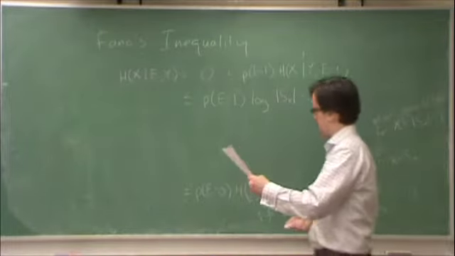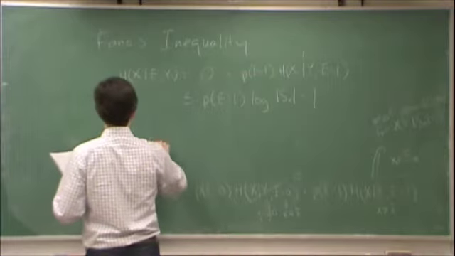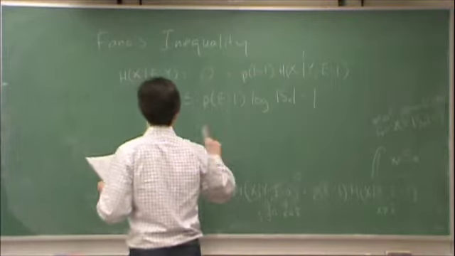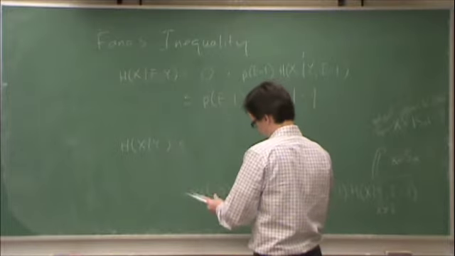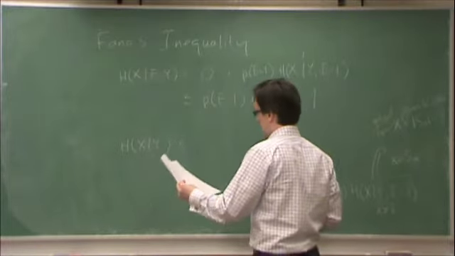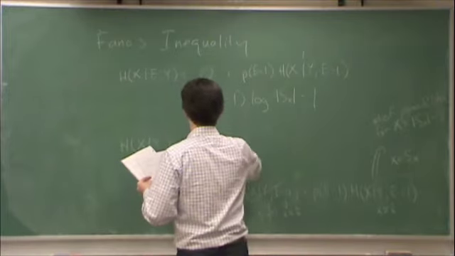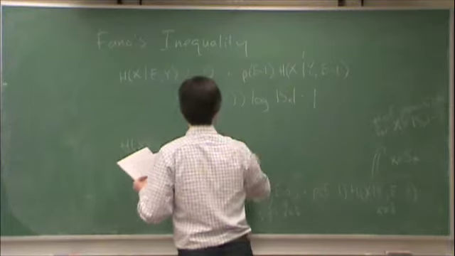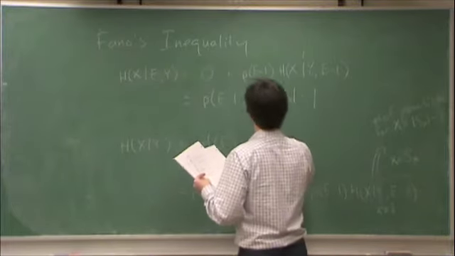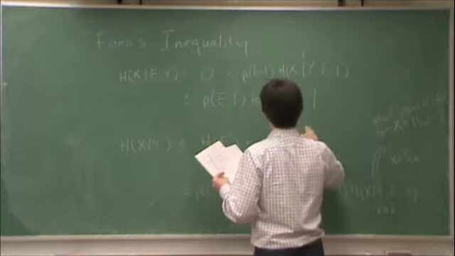So what do we have left? We have h of x given y. We already had the first term, which was h of E given y, which is less than h of E, excuse me, little h, sorry, h of E, plus the probability that E equals 1 times